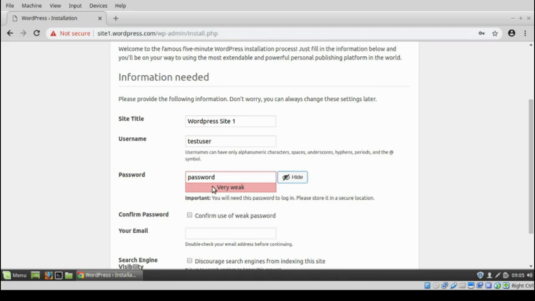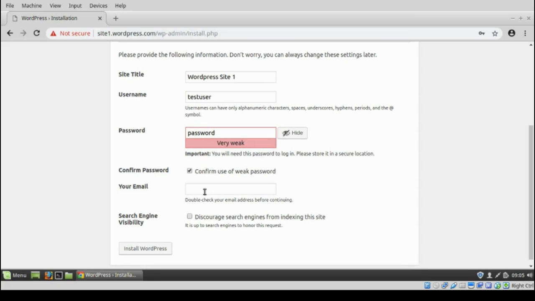And because it's a weak password, there's a confirmation box that they want you to click to make sure you understand that you're using a weak password. And we also want to add an email address. So I'll just do dean@deanforeign.com. And now this question here,